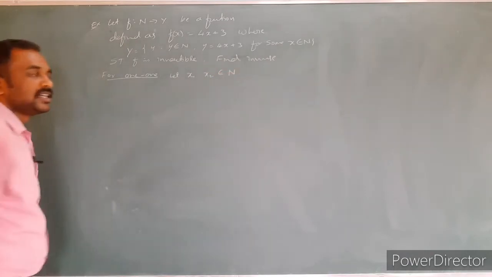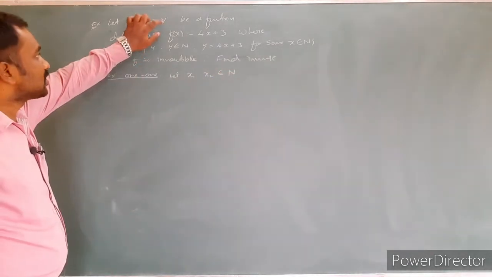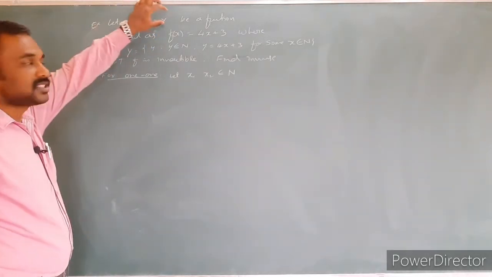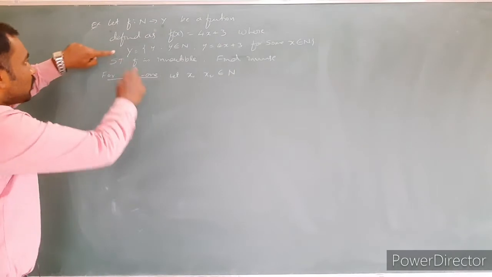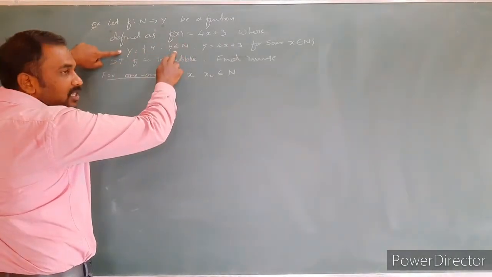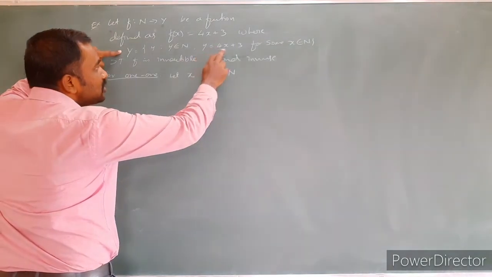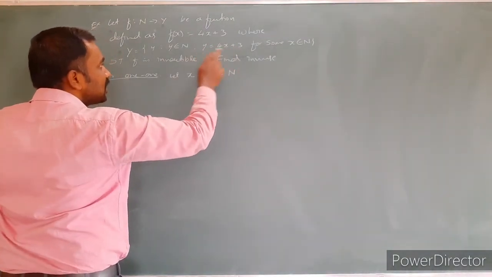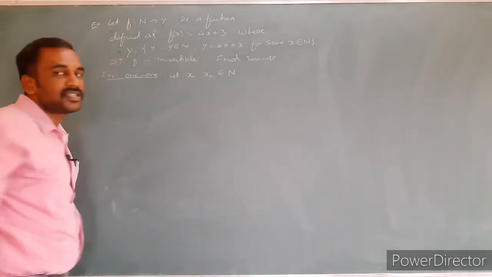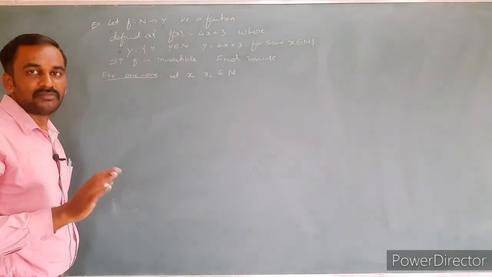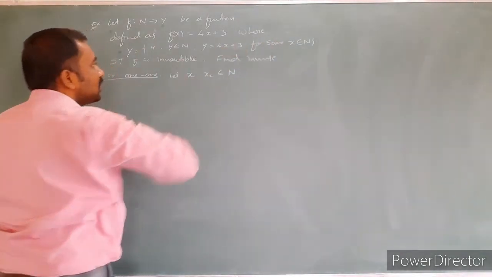What is the domain set? The natural number set. What is the codomain set? Y. What is the set Y? The set Y contains elements y. What is the y value? y is any natural number, and the y value is chosen from the relation between x and y. How are x and y related? y equals 4x plus 3, for some x that is a natural number, taking only a few natural numbers.